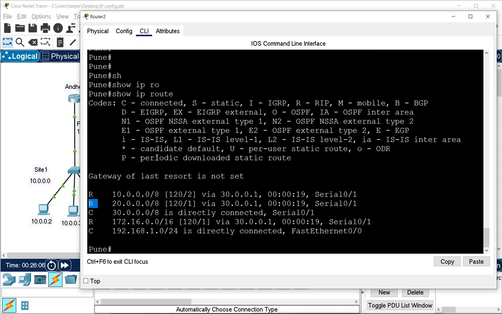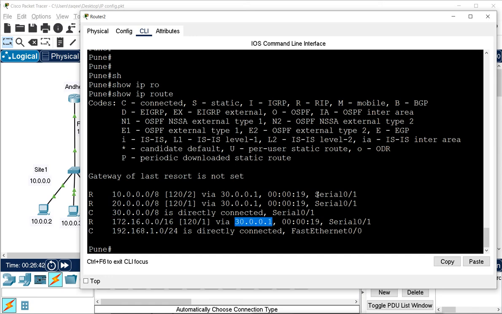Now R means, you can see the list here, R for RIP. That means these networks are coming from RIP. It is configured from RIP protocol. So what it is saying is that it has this network, and it can go via this interface, this IP address or this first hop address. There is a network 20, and it can go from this interface, this first hop address. And again there is a network 172.16, and it can again go via this first hop address.